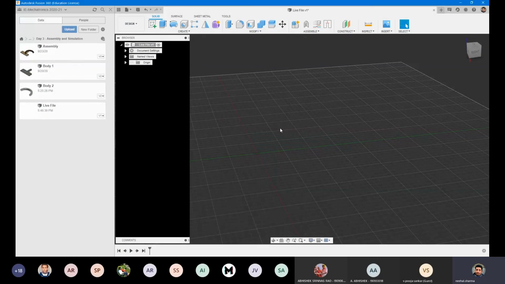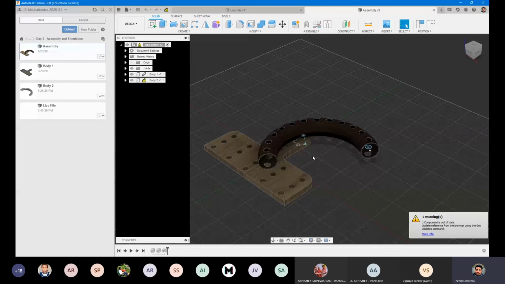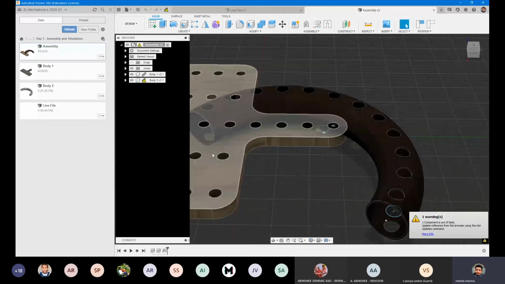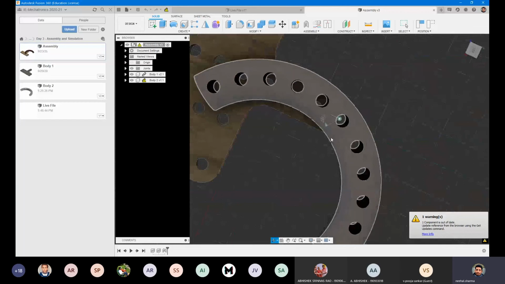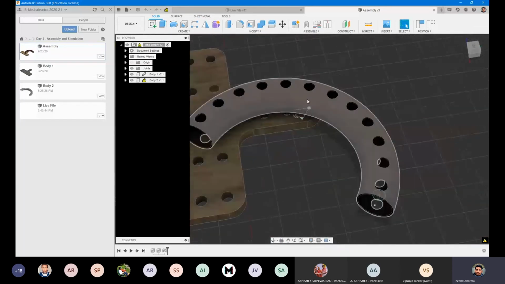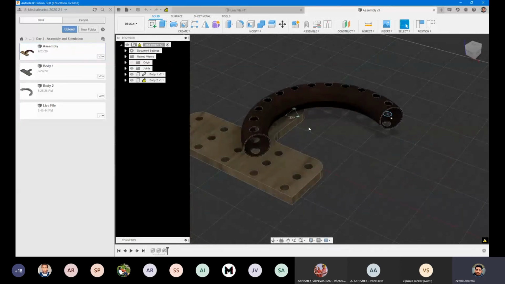Okay. So you'll notice the two parts that we made yesterday, part one and part two. Now, what we are going to do is basically this thing. Now you'll notice that this pipe has been attached to this plate over here through this hole. You can see the hole over here. And before we get into the assembly, one thing that is actually related to part design is addition of materials